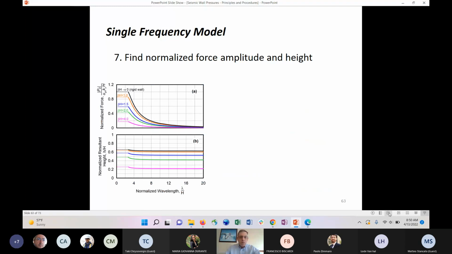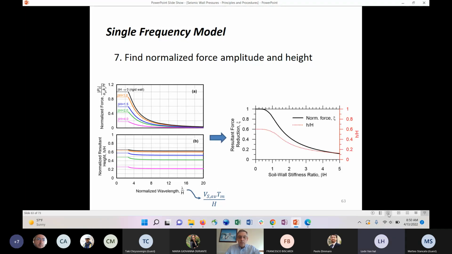So with all of those things known, we're basically trying to use this solution that I showed you before that depends on lambda over H and beta H. And the way we do it is we have the equations for the rigid case, which you can easily put into a spreadsheet. And we use as the variable for the x-axis VS average times Tm over h, which is the same as lambda over h. So this goes into the equations, and then we modify the horizontal force with this curve here, which we have an equation for,